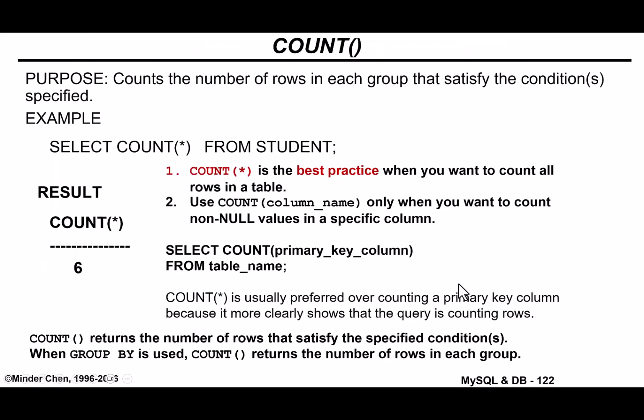Let's look at the aggregate functions first. First is count. Count just counts how many rows you have in a select statement. Select count asterisk just means we don't care which column. We just want to know how many rows we have in the student table. That's what you get. And if we look at the